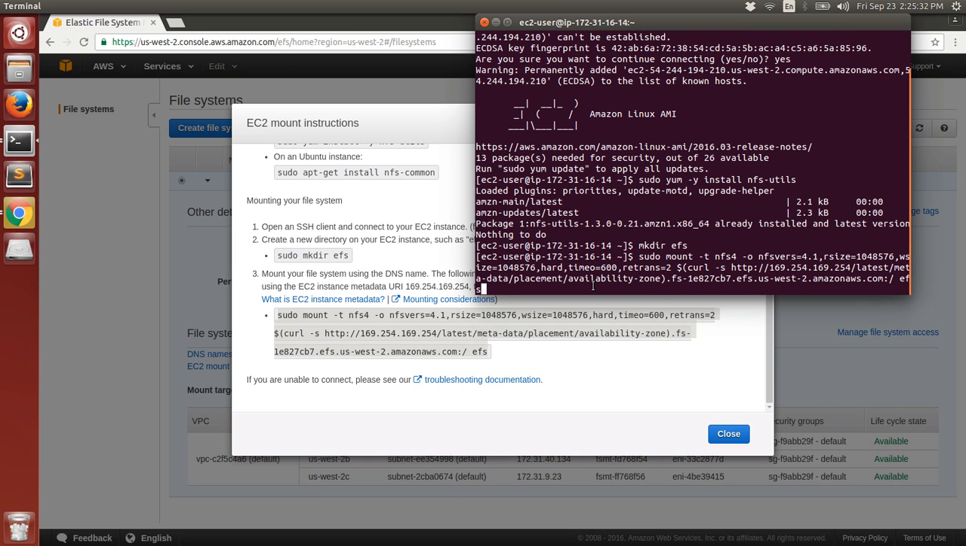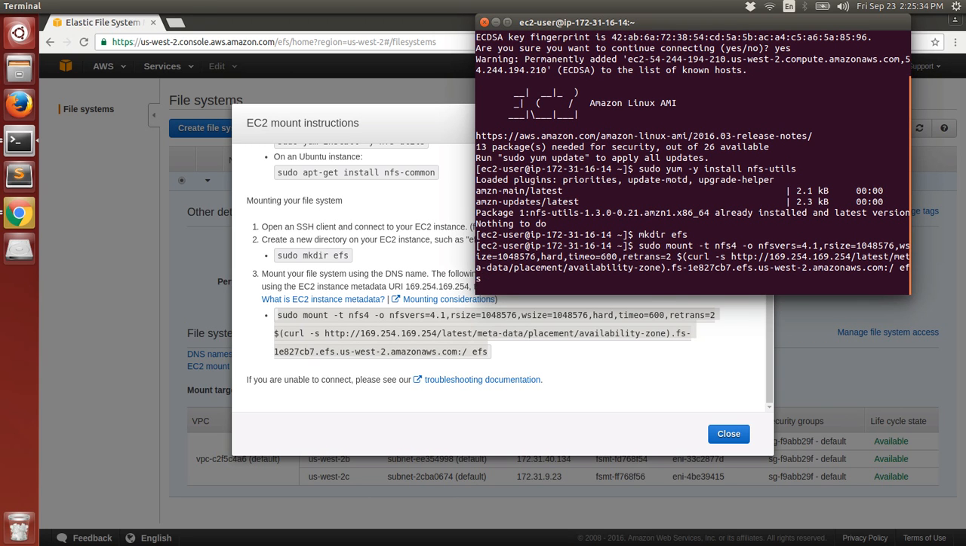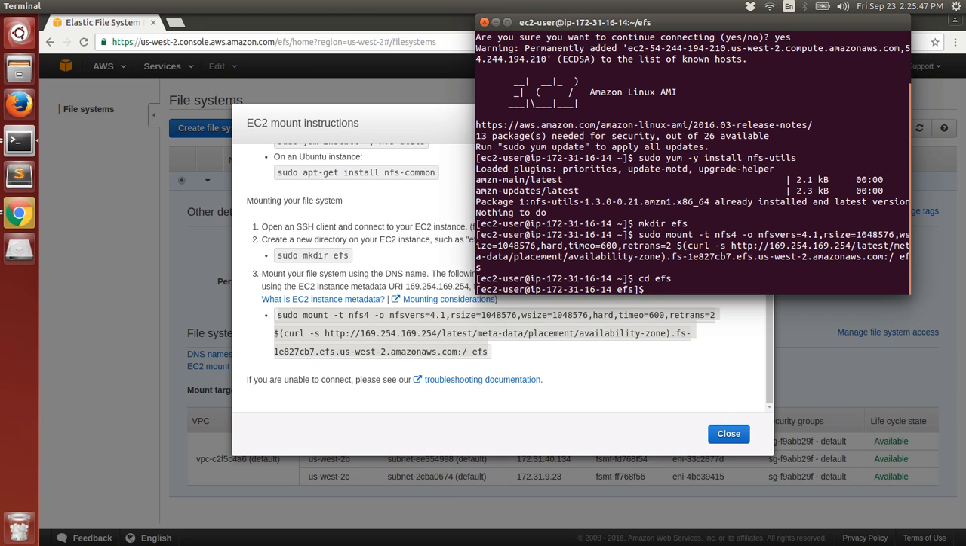So just do that. It just takes a little bit of time. So now it's already in there. So the file system is already mounted. So you do cd EFS. So that's the directory that you created. You just cd'd into that, and